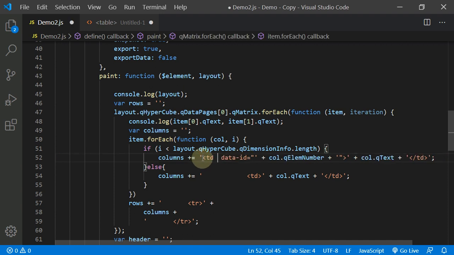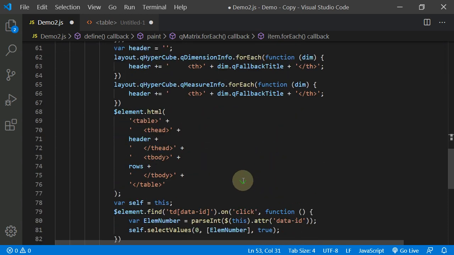Say dimension ID equal to double quotes, and for concatenating we put single quotes and add a plus sign. Here we need to give the dimension number. So to get the dimension number, we can again use this iteration number I. So we can simply give I here. So this will be the dimension number. If the dimension is 0, meaning first dimension, then it is 0. For the second dimension, it will be 1.